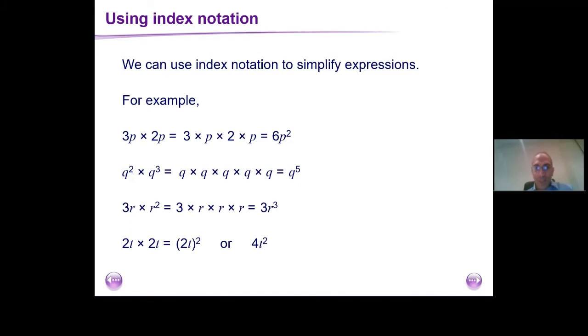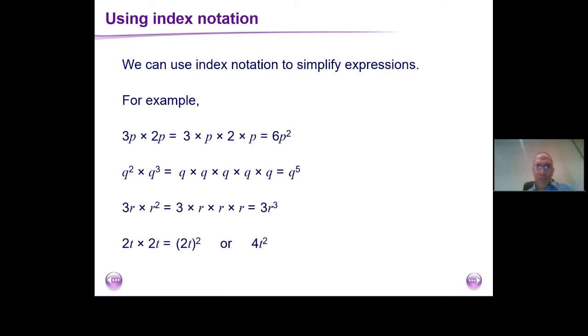And again, if you're multiplying 3r by r squared, it's like saying 3 times r times itself 3 times, which will be 3r to the power of 3. And lastly, if you multiply 2t times 2t, it's essentially going to be 4t squared. So when you're multiplying the powers, you simply look at the letter and the power, and then you